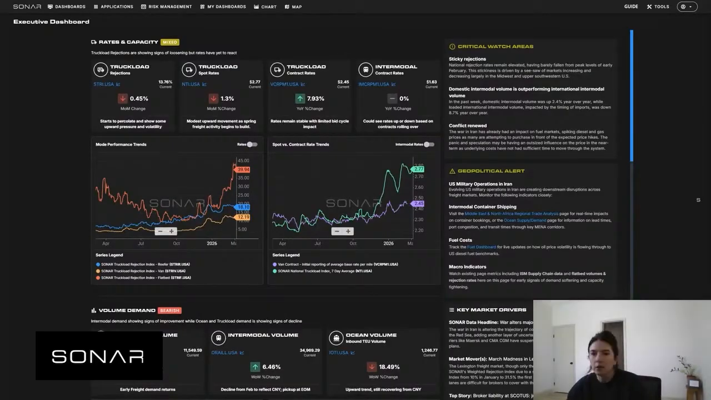So the geopolitical alerts are going to be available right within your executive dashboard, which is the landing page right when you log into SONAR. As you can see here at the top, we're going to give you a concise summary of the developing situation, some clear directional implications for freight markets, and then direct links to relevant SONAR dashboards to help monitor that